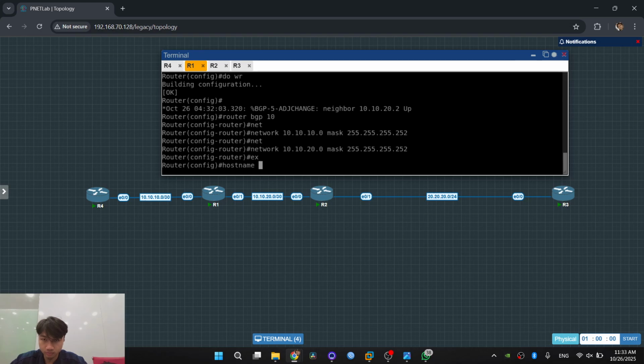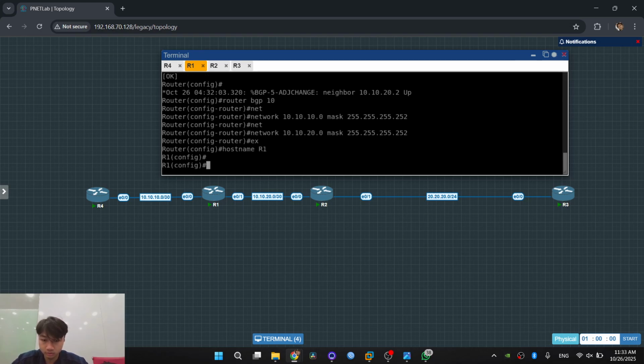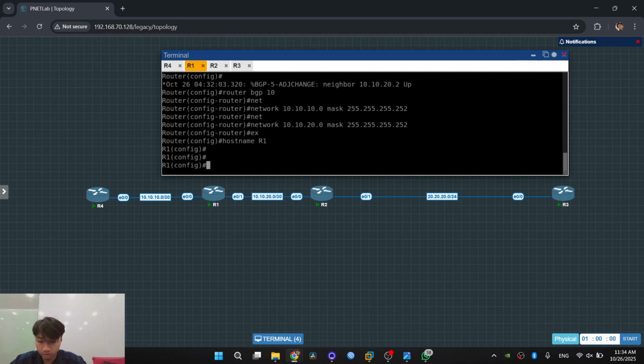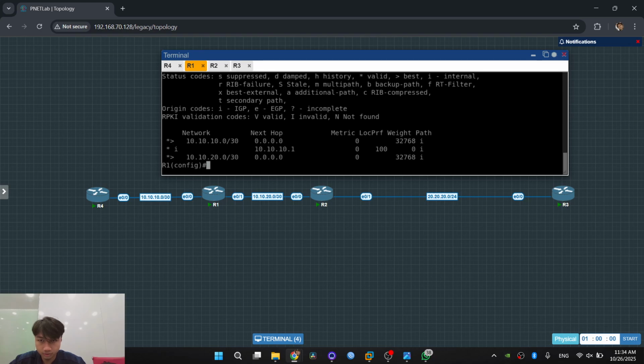We set the host name first. Do show BGP.